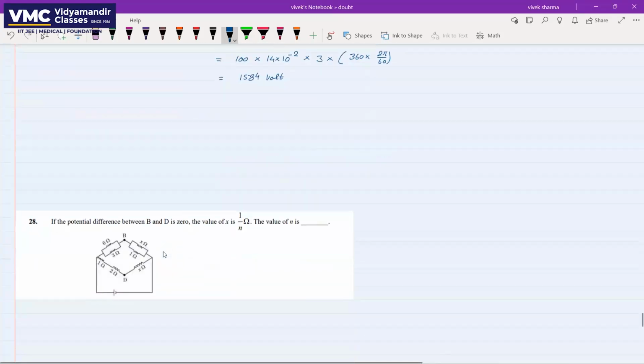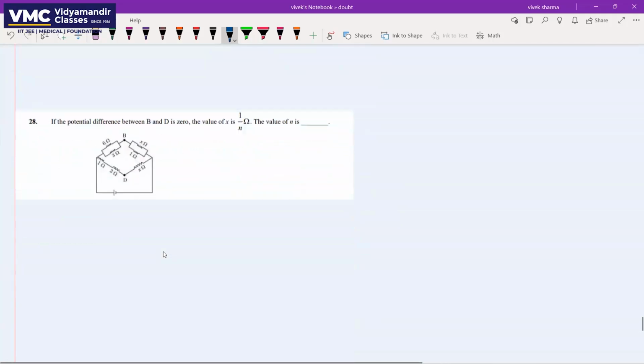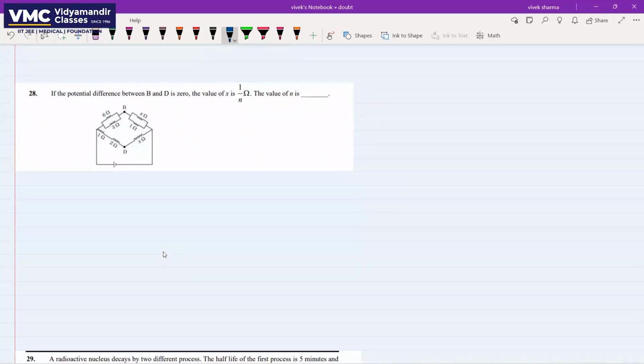Now moving to question number 28. Question number 28 is again a DC circuit question, and it says the potential between B and D is 0. As the potentials at B and D are the same, this is the condition of a balanced Wheatstone bridge. For a balanced Wheatstone bridge, the ratio of this resistance to this resistance will also be equal to the ratio of this resistance to this resistance. So 6 divided by 1 and 2 in series, 6 divided by 3,